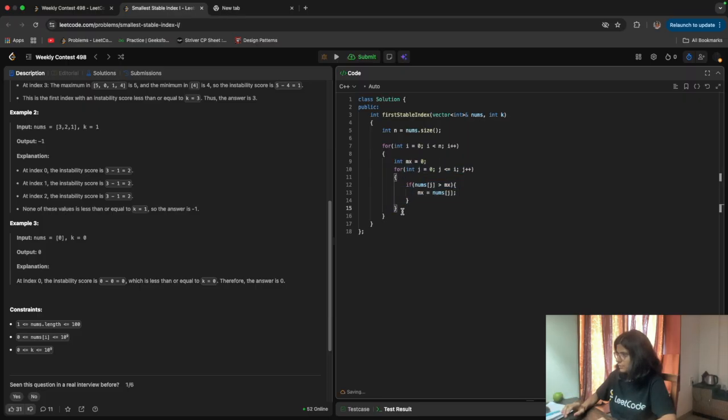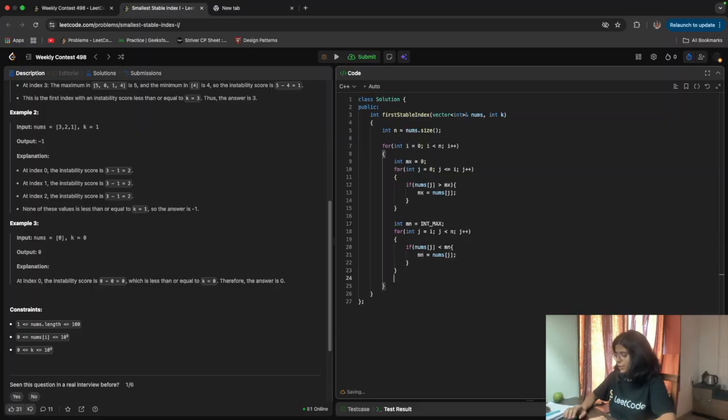We'll take the same code, and my min value is int max, and we need to find it from that index to the last index, j is less than n, j plus plus. If nums j is less than my min value, then update my min value. This is how we find the min value in an array. So min is equal to nums j.